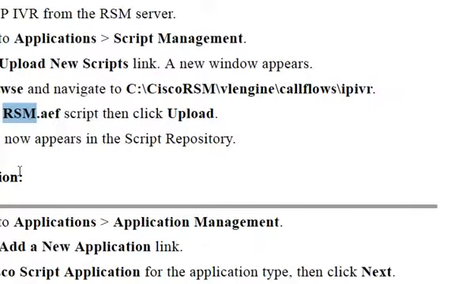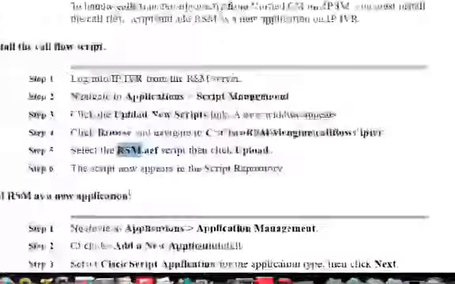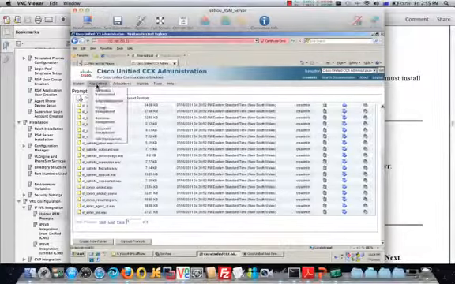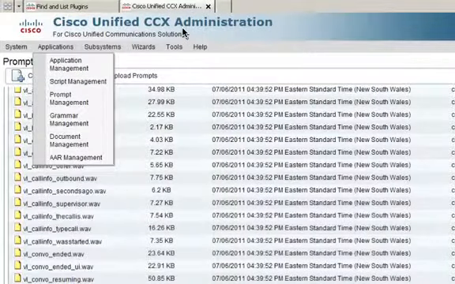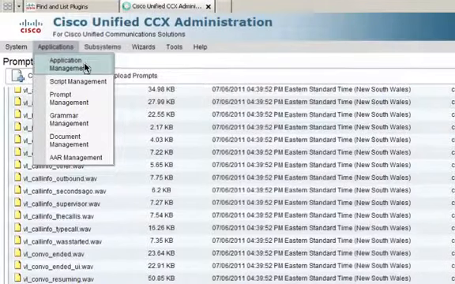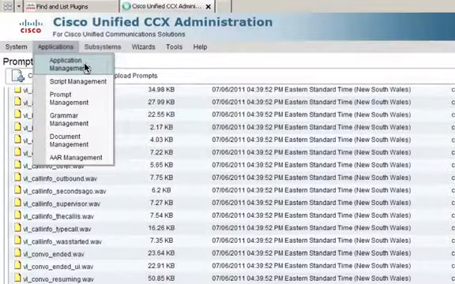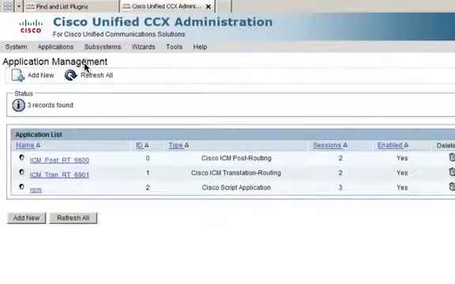This is the application the supervisor will call in and trigger. So for example, when we go into the application management in the IPIVR, we will create an RSM application,